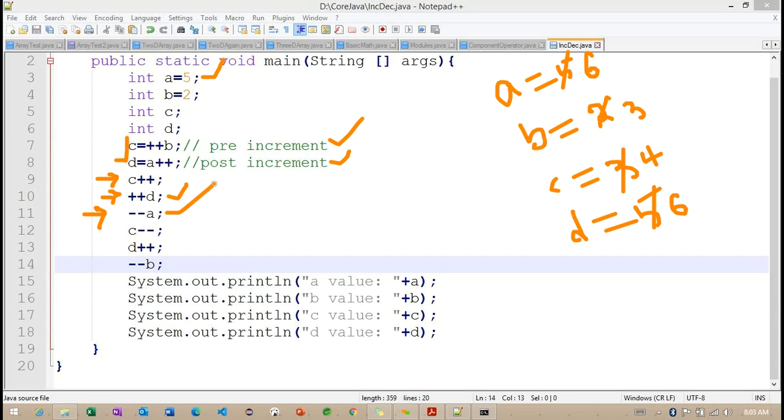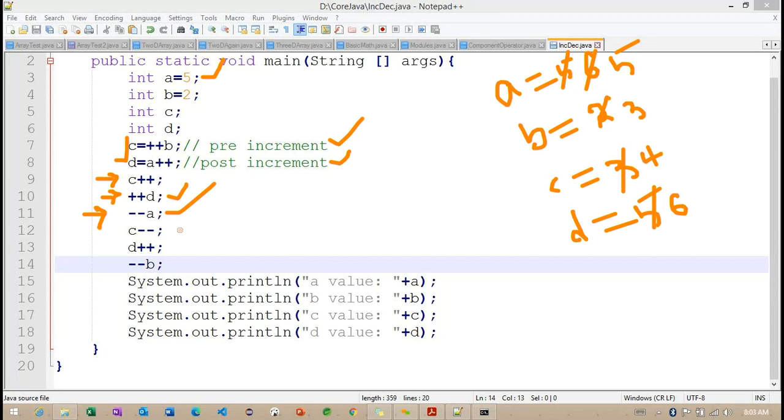When we enter line number 11, we are working with a pre-decrement operator. One value is going to decrease. So the A value will become 5 here. Previously it was 6, now it will become 5.